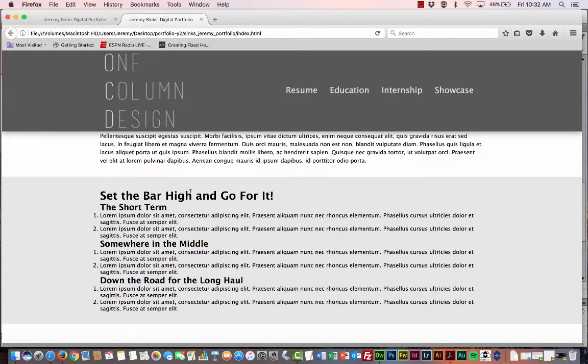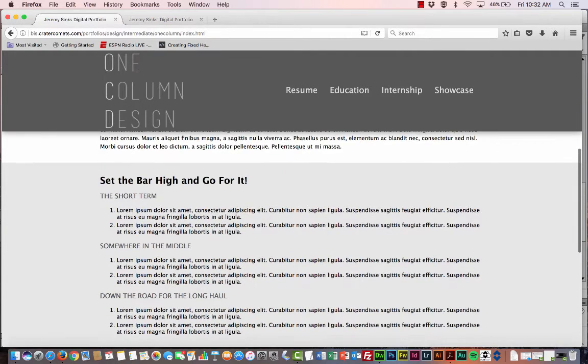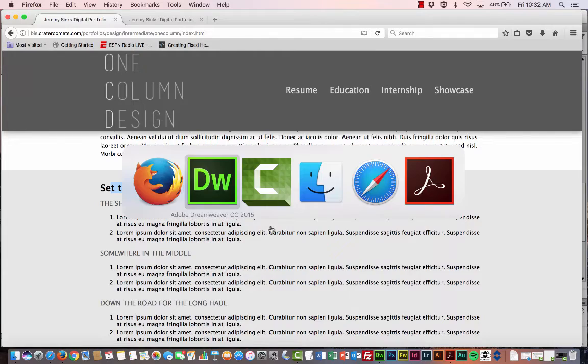And I think what I would also like to do is style some of my headings here. If you look at my mock-up, really haven't done much in terms of the H1. It's very similar, but the H2s are a little bit different, and you also notice that there's some spacing as well that I've created underneath each one of those. So let's go ahead and take care of that right now. Let's tab over to our Dreamweaver,